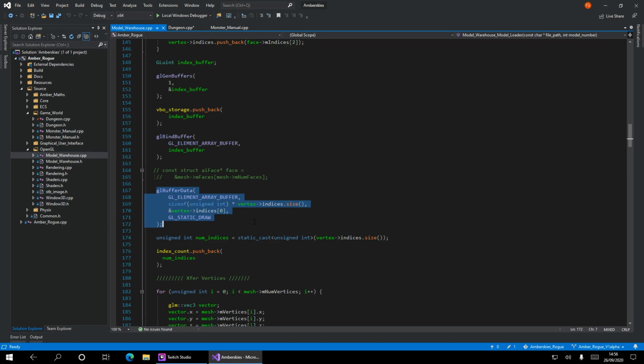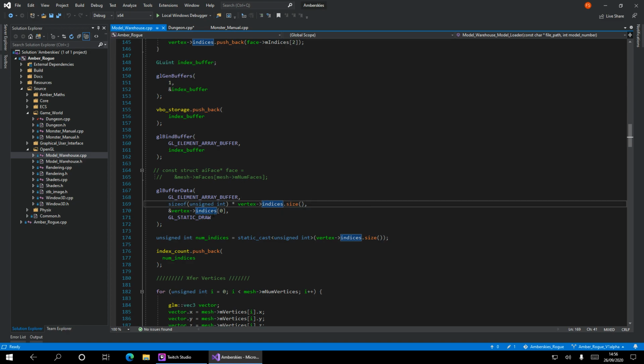of numbers. Size of unsigned int times vertices indices dot size. That's a block of memory there. So we're actually having to tell our graphics card how big in bytes this block of data is.